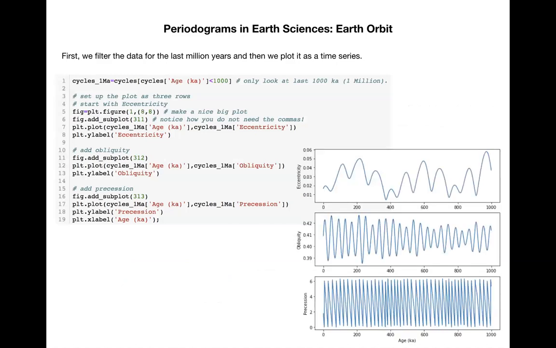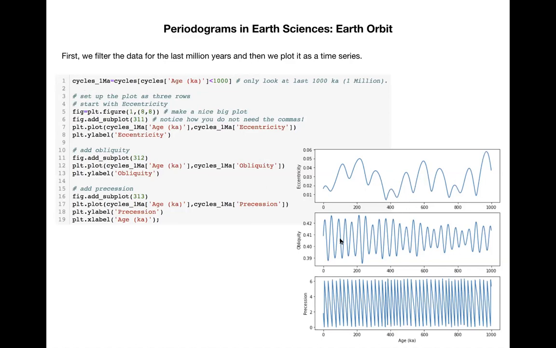So first of all, let's filter the data for the last million years and then plot the time series, right? This is my data frame, cycles. I only want everything that's less than 1 million years, because 1,000 ka is 1 million years. So that's called cycles 1 Ma. If I generate plots, if you still remember, we can use subplots, and we use matplotlib to plot the eccentricity as a function of time, which is age, and obliquity as a function of time, and precession as a function of time. And you can see that they all have these kinds of periodic variations,